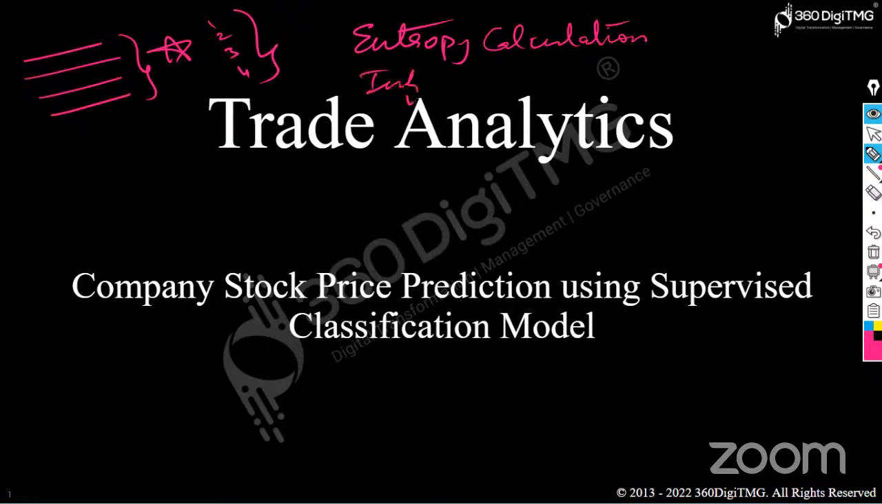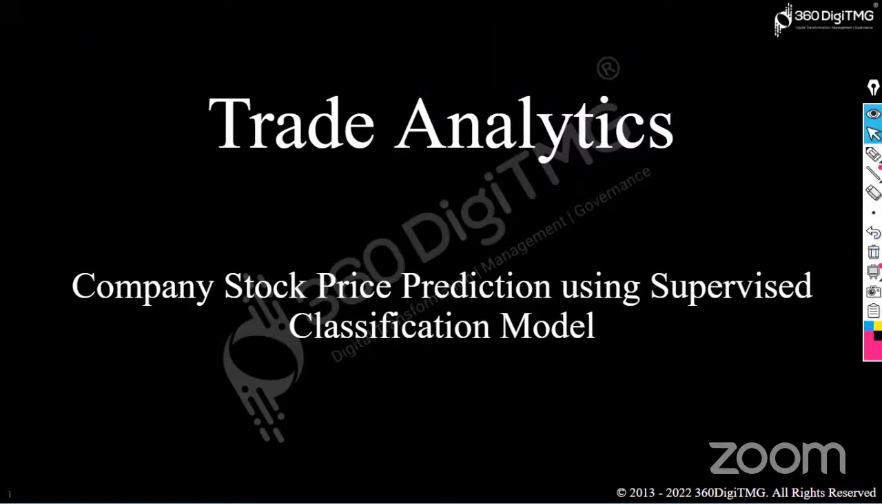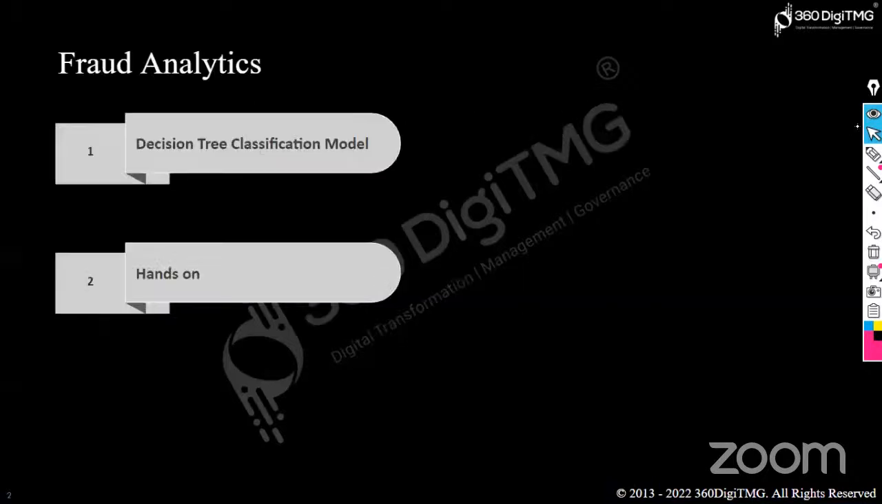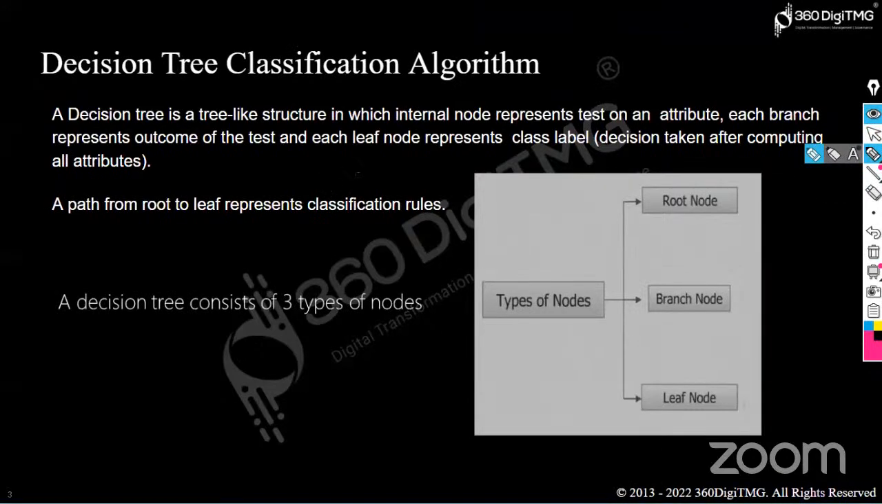And we have information gain. And later we'll have gain of that particular value. So we'll try to understand from the problem and then we'll go into the tree analytics. So when it comes to decision tree, so decision tree is going to understand